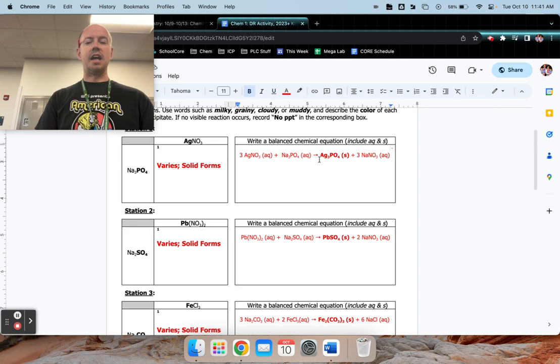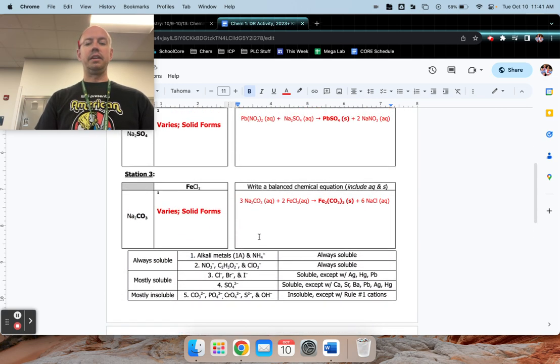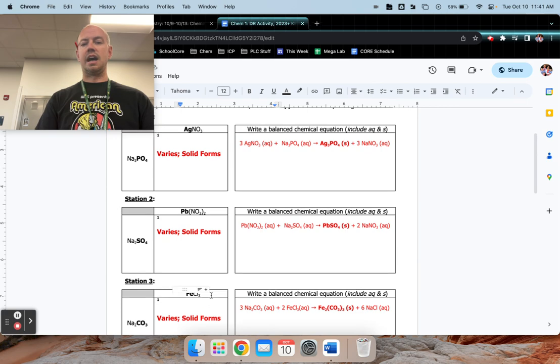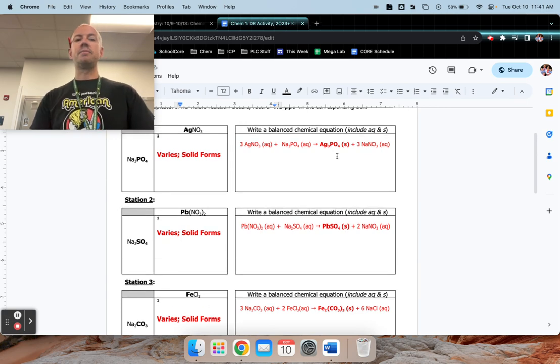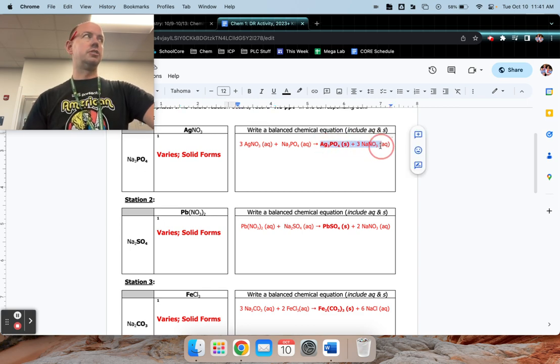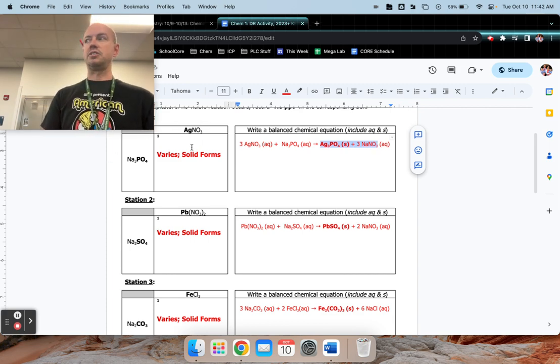We have a solid. By using the solubility rules, we can confirm that anything with sodium or nitrate should be aqueous, and most things with phosphate would be our solid. That's how we can get to that. So, what's really important here is recognizing we swap our partners, but then we use the charges on each: the +1 sodium, the +1 silver, the -1 nitrate, and the -3 phosphate